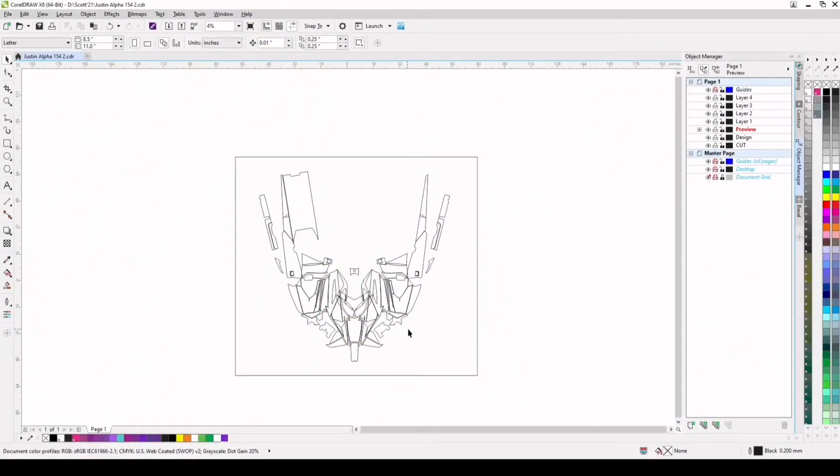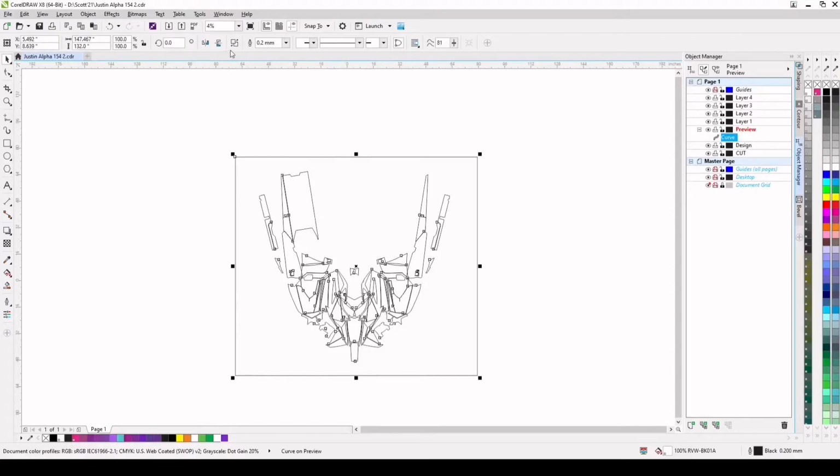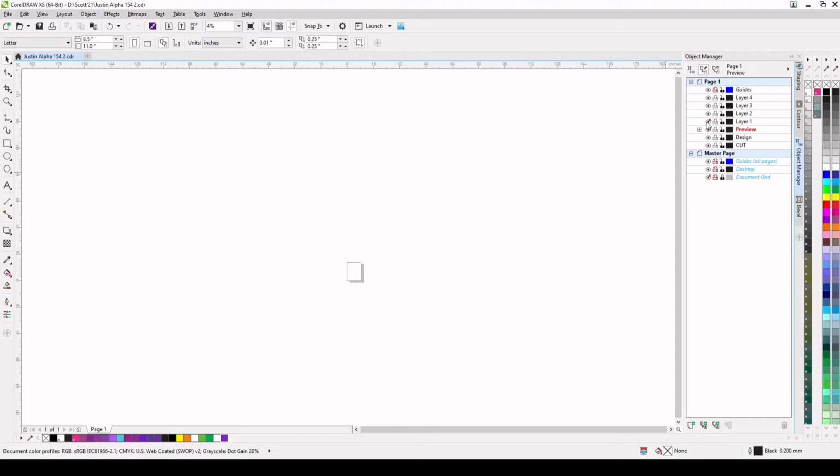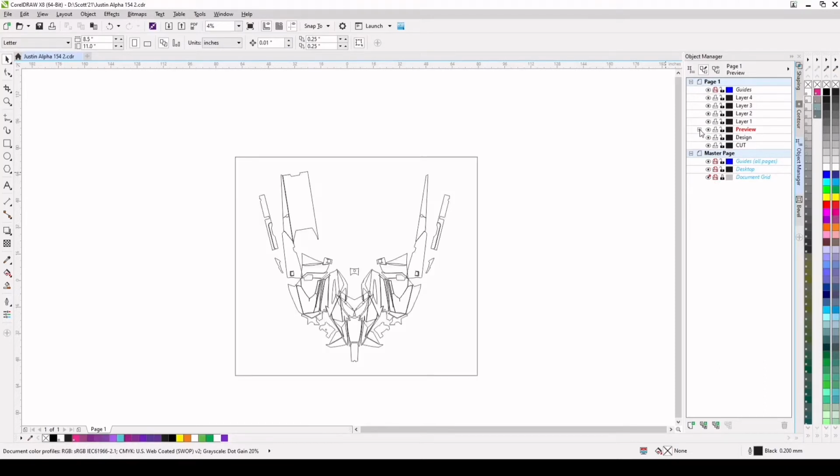Alright guys, so I'm going to give this a try. I'm doing a voiceover of a video that I recently made. So here is the template. I'm trying to show you the layers, how we break it down. Probably another video where I'll show you the exact reasons for that. But for now, we're just going to do a preview and I'm going to show you guys how to design